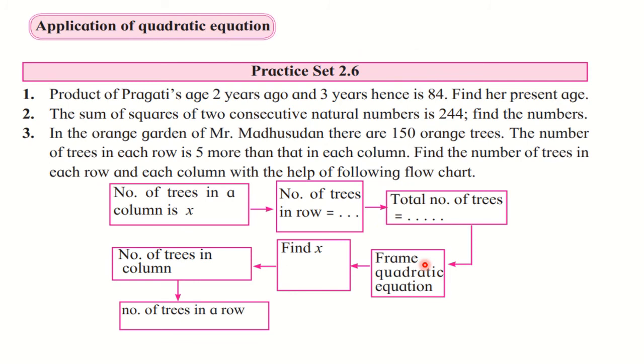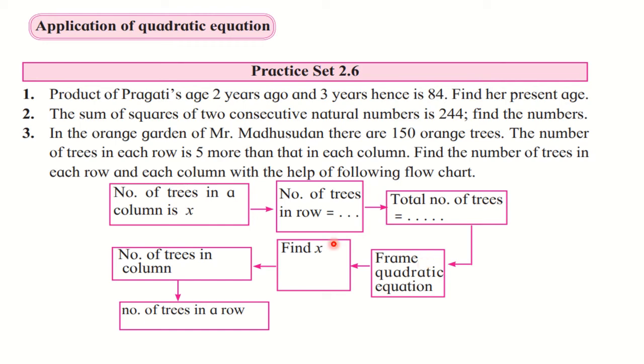Next is application. Application of quadratic equation, that means the word problems based on quadratic equations. Here the important thing is that you have to frame a quadratic equation. In linear equations, you frame two equations, but here you are going to frame a quadratic equation. That means you are going to take only one unknown variable. Like in the previous chapter, we used to take two different variables. Here we are going to take only one variable, and from that you are going to frame the equation.